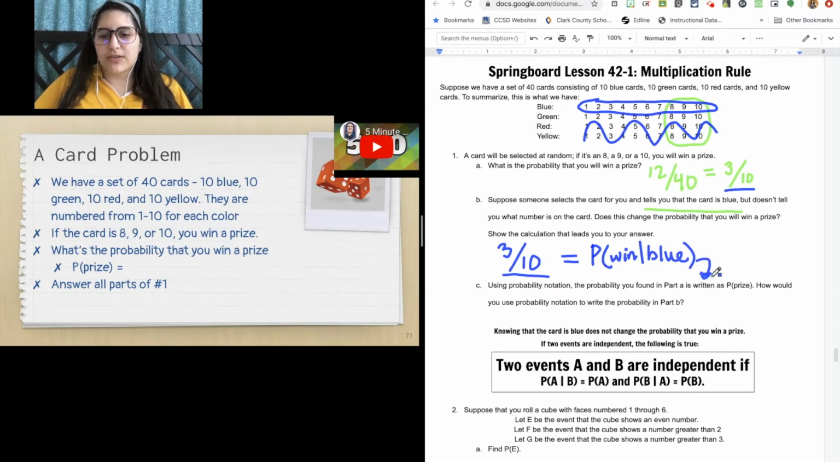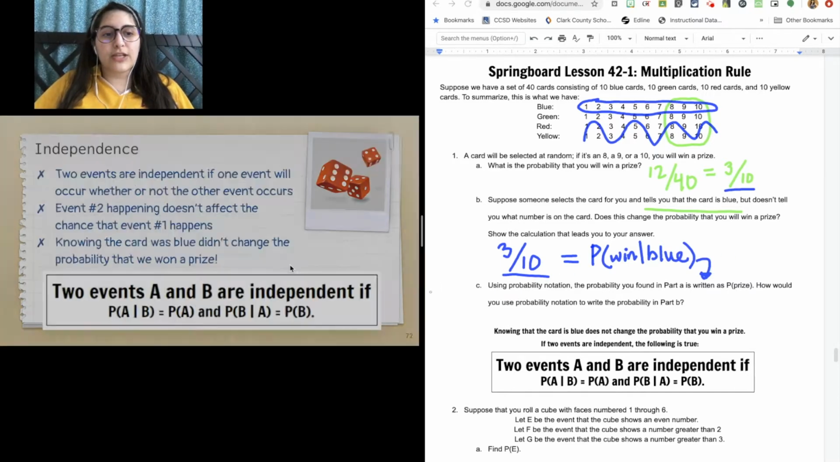That's the probability notation. In our scenario here, knowing what color the card was didn't change my outcome. It did not change the chances of me winning the game. That is exactly what independence is in probability. The actual definition of independence is that two events are independent if one event will happen whether or not the other event happens. So in this scenario with the card game,